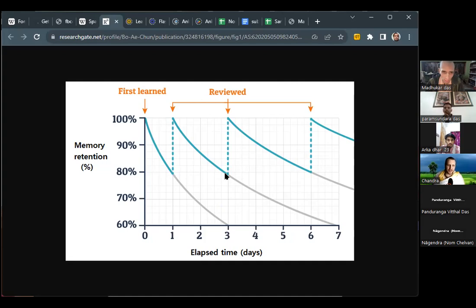Whereas you might have forgotten almost completely after 3 or 4 days, after the second and third study, you retain that a lot longer. And after the sixth or seventh review, spaced at the right interval, you'll be recalling things a lot longer, until it's in your permanent memory. So this is the idea of spaced repetition.